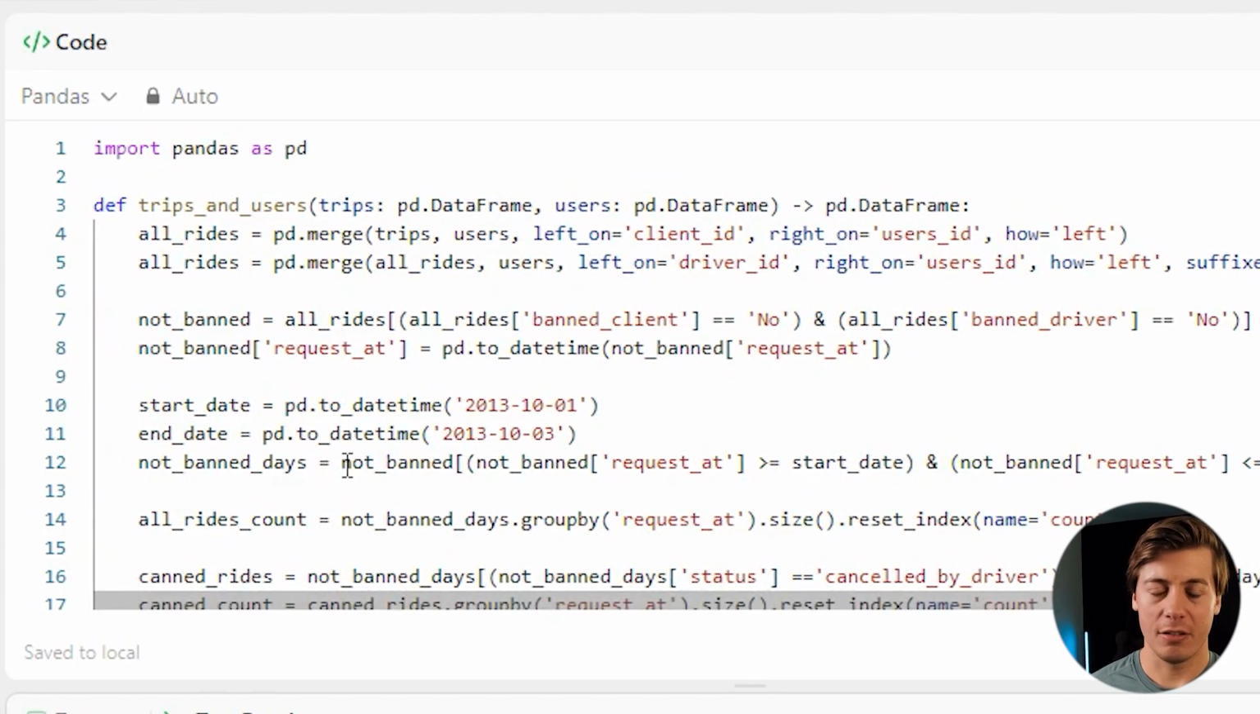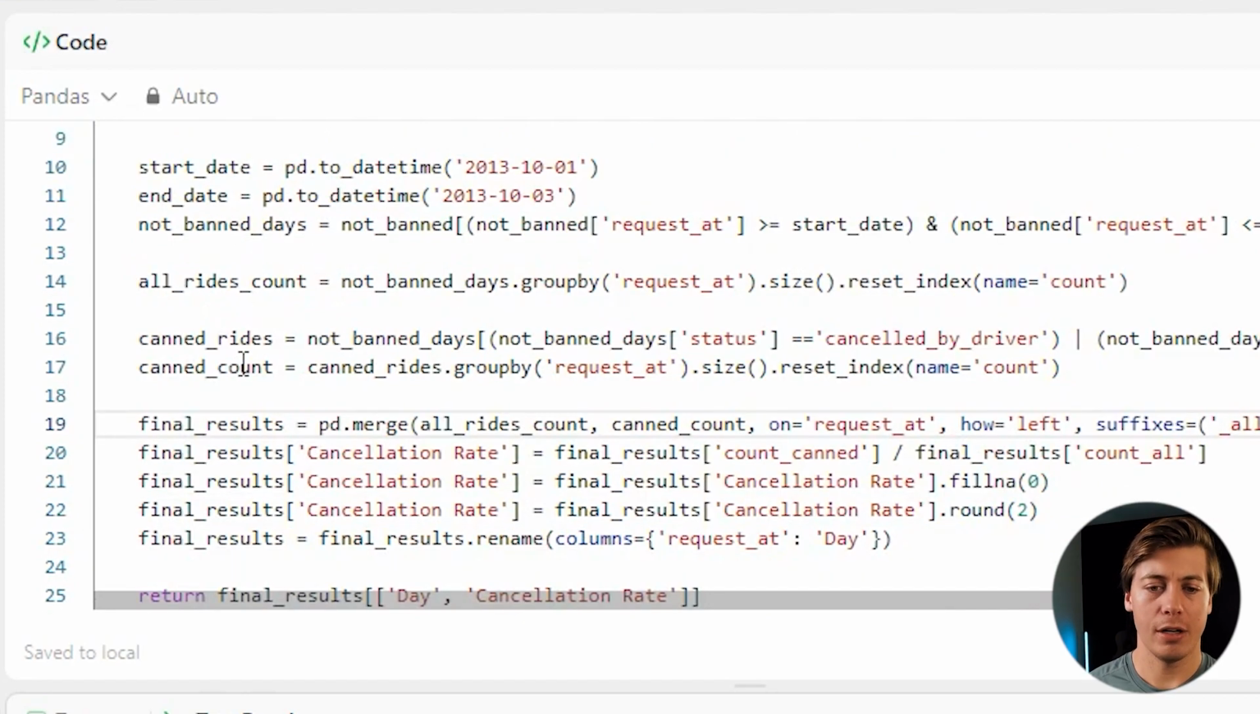Other videos, I sometimes allow it to just be X and Y, but with how much is going on in this question, it's so much easier just to put the suffixes. Then we're looking at not banned. So we're going to filter out anything that's been banned because we don't want this in our data. And then I'm going to do the request at and make this into a date time. Now we're going to do our start date and end date. We're going to make sure that these are date times themselves. And then we're going to filter to make sure that we have only 10.1 through 10.3 because that's what's requested in